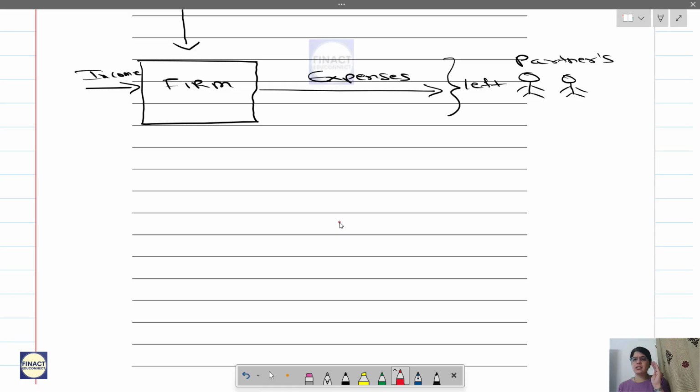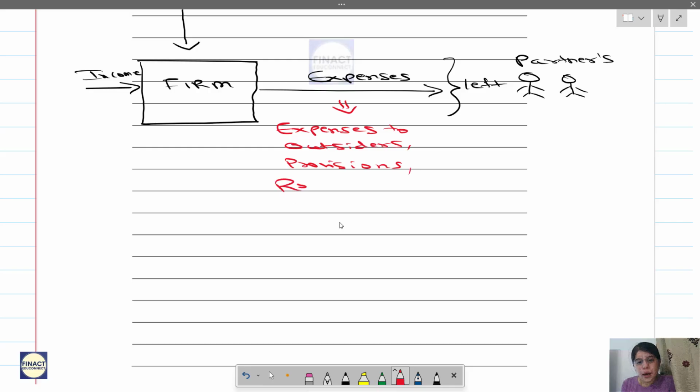Your bad debts, all those are your expenses. Now when it comes to distribution of profit to the partners, expenses will include your expenses to outsiders, then provisions,